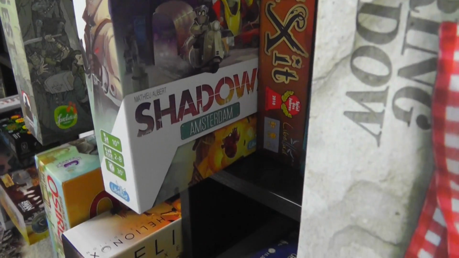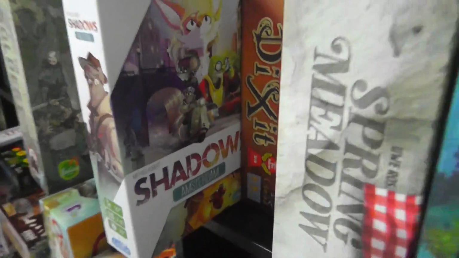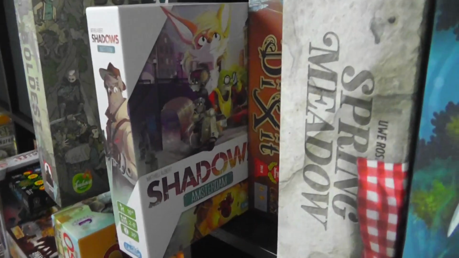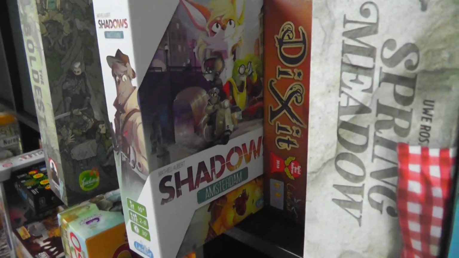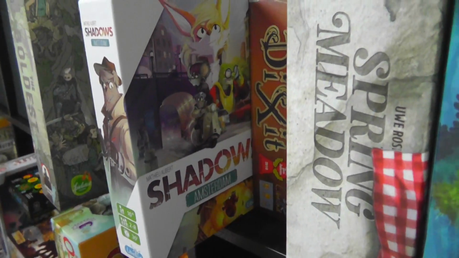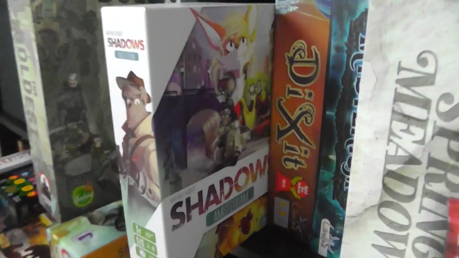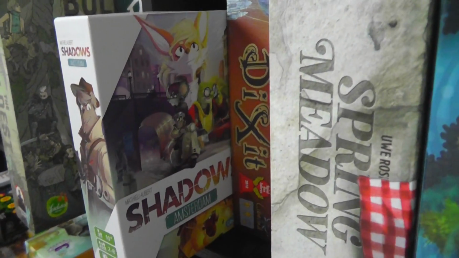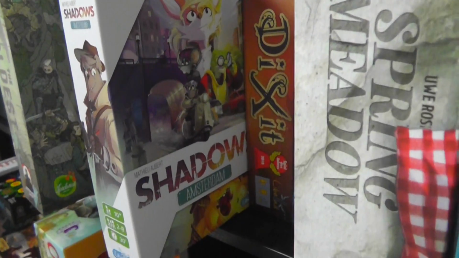Then coming down here, we've got Shadows Amsterdam, which obviously I put right next to Dixit and Mysterium because this game is basically kind of a combination of those two games. In that one player is a clue giver, the other members on their team are trying to understand those clues, which come in the form of pictures. They're not quite as abstract or surreal as these, but still pictures of scenes, and you use that to actually traverse a map and race against time to defuse bombs, if I recall correctly,